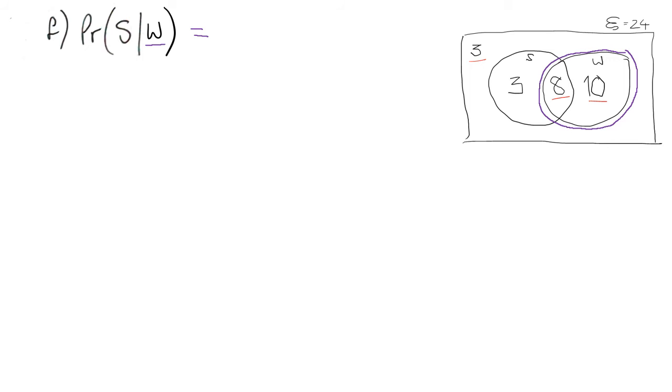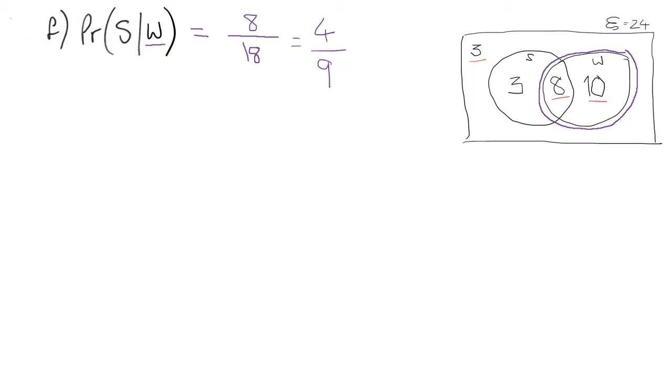So, well, then we can think about, how many ways can we be in set W? And so we're thinking about a denominator of 18, and then thinking about how many ways that we can be in set S. And there are 8 things that are in set S and set W, so the probability of S given W is 8 over 18, or we can simplify that down to 4 over 9. Now that's doing it from the Venn diagram. So just thinking about your favourable outcomes and all the possible outcomes,